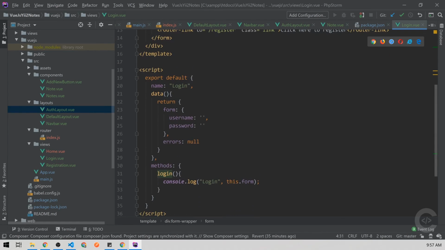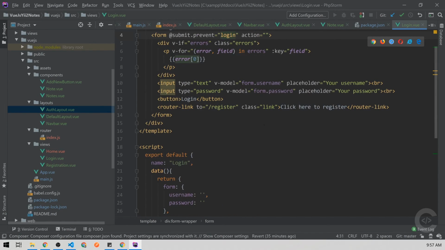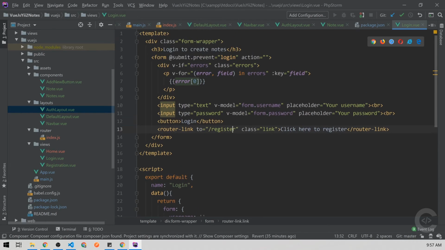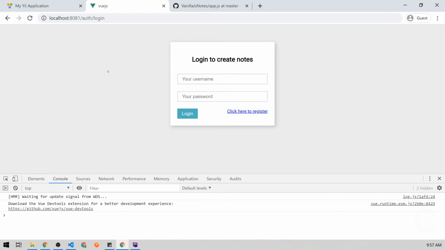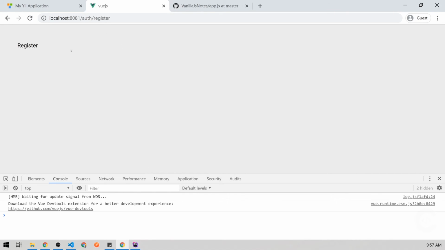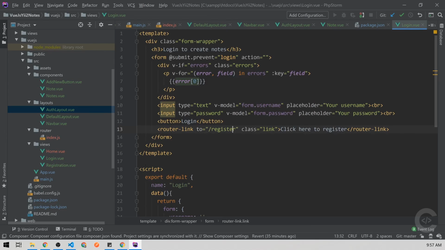That login method will print right now login and the form data, and we have that click to register link, which will navigate us to the registration page. This is how our form looks like. I think it's better than it was before. So when we click that register, we are redirected to the registration page. And now let me take the code for registration. Go to the registration,